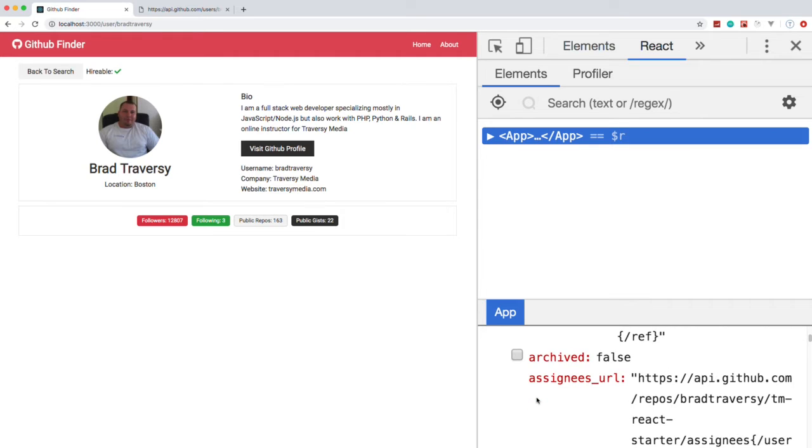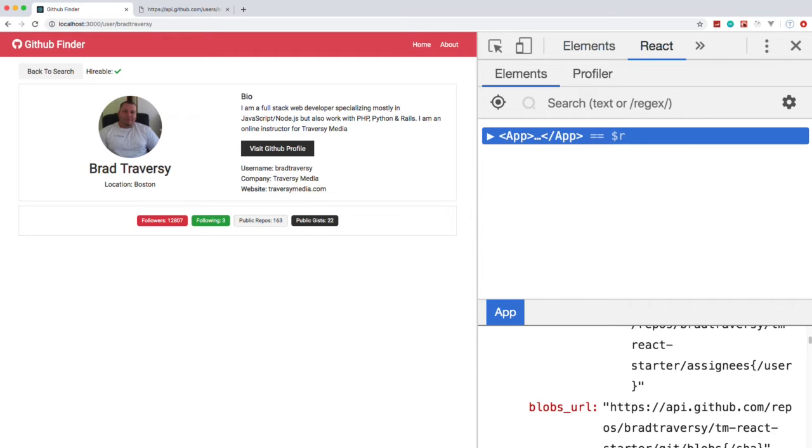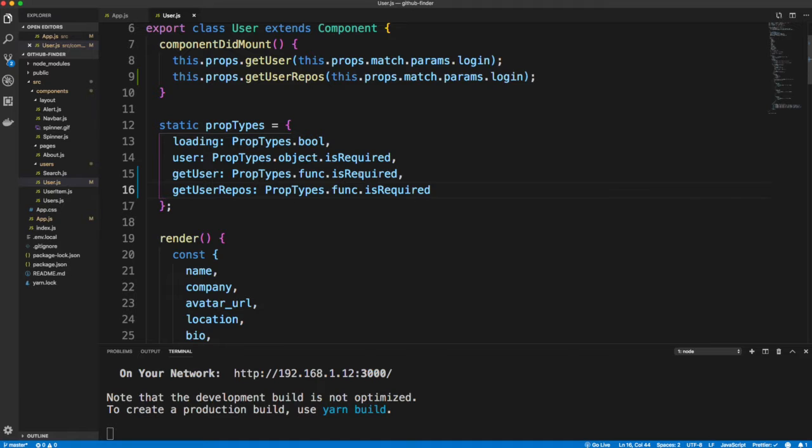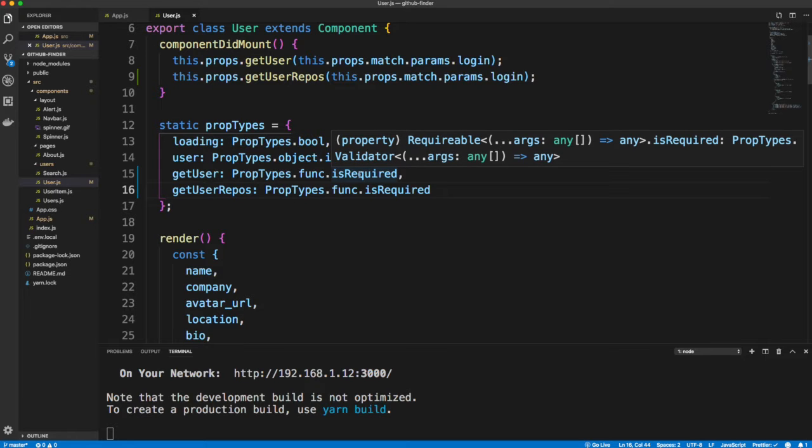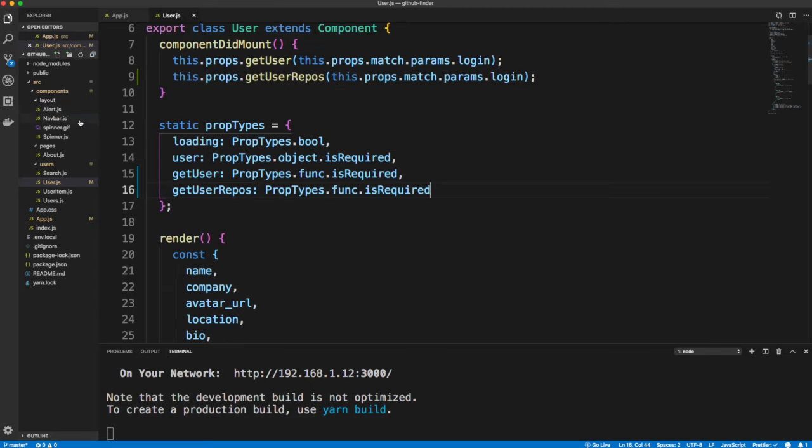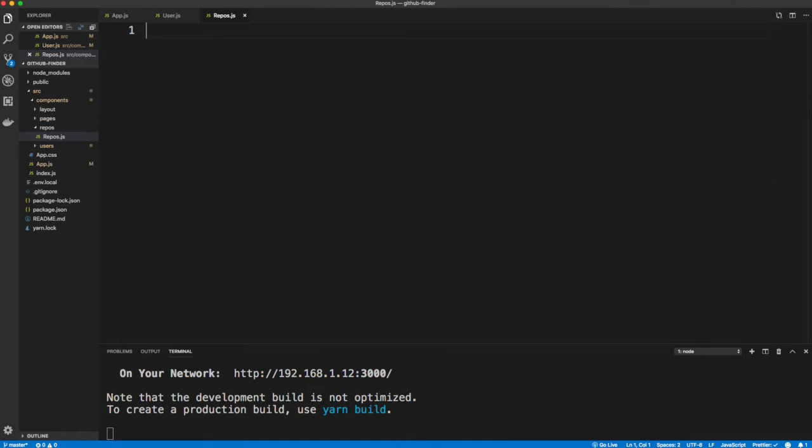Now we could just stick it right in the user component, but with React, with any front-end framework that's component-based, you want to break everything up. So I'm actually going to create another folder in components, close these up, and let's create a folder called repos, and we're going to have a file called repos.js, and then for each one we're going to have a file called